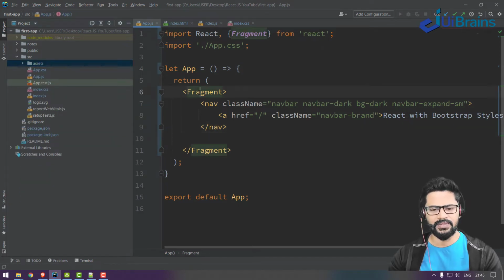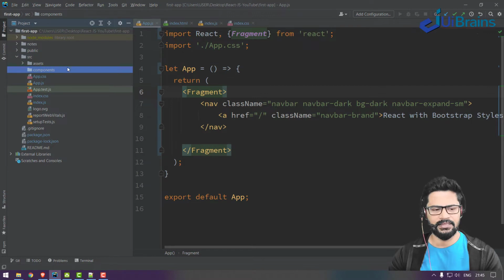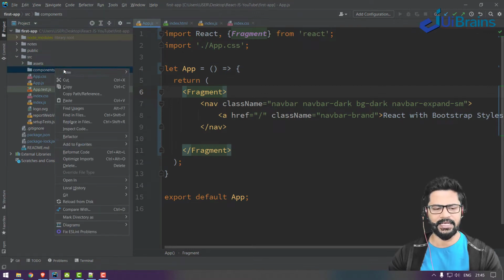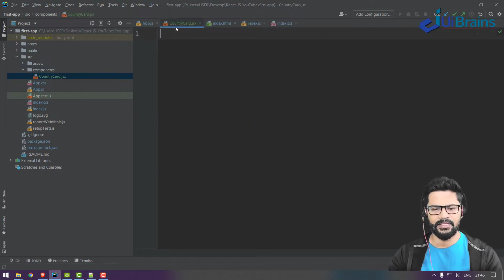Along with assets, I'll create another directory called components. In this I'll create one functional component, let's say called CountryCard.jsx.